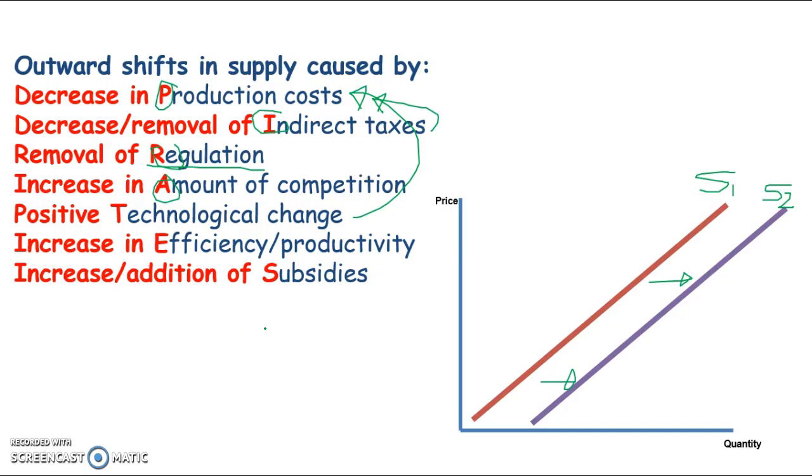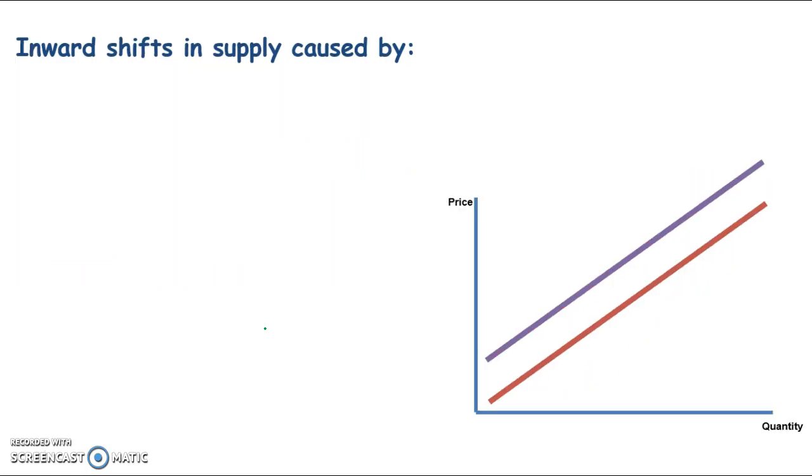Maybe you could even add a favourable change in the seasons, but for something like a phone, an iPhone maybe, it's not really going to make a difference to the supply. For something that's farmed, it would make a difference to supply, but you've got to use your discretion there